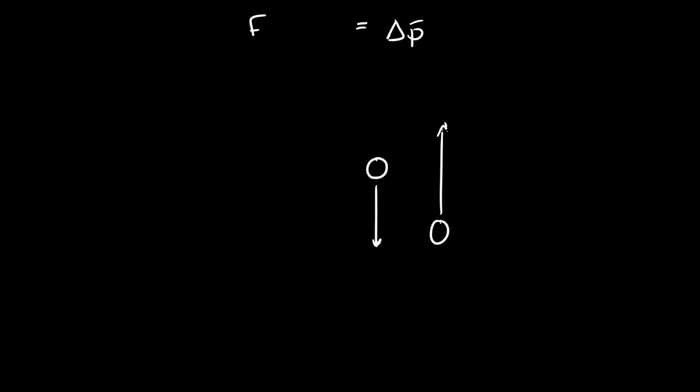Your options are to apply a force and time. Roiding up increased the force, right? It increased how hard they could swing the bat. Now, if I can't increase the force anymore, and I want to change the momentum of the ball, the only thing I have left to manipulate is time. Well, one way to do that